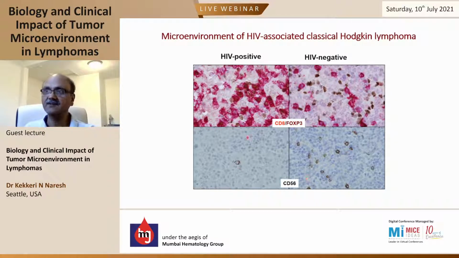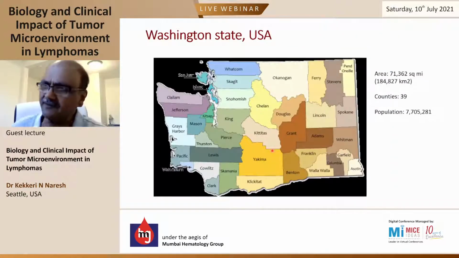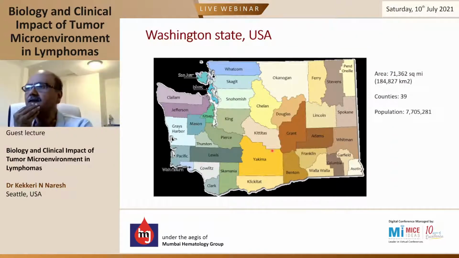Similarly, CD56 NK cells were very few in Hodgkin lymphoma of the HIV positive setting. And we saw similar differences with CD57 positive NKT cells and CD123 positive plasmacytoid dendritic cells being far fewer in the HIV positive setting. So this brings up various questions: we can't see the microenvironment without knowing the context of the host. In this background, I've been here now for about 10 months at the Fred Hutch,